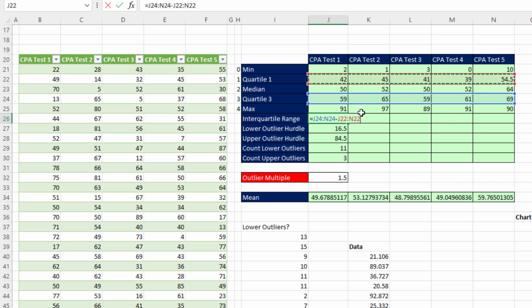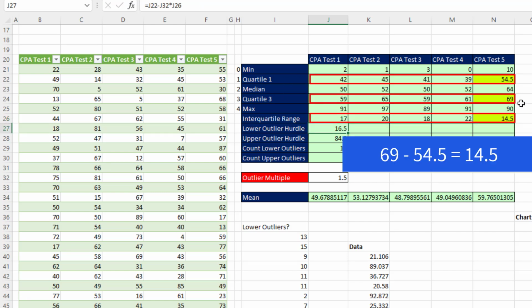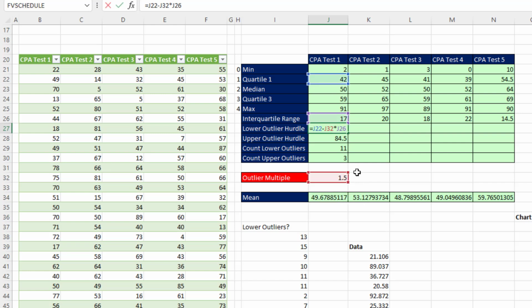Click and drag. And so now we have an array on both sides of a math operator. So it'll take the corresponding elements, subtract, and when I hit Enter, it spills the results. Over here, it took 69 minus 54.5, which is 14.5. Now here, I want to hit F2. You could copy this to the side, but you'd have to lock that J32 there. Instead, let's spill it. I'm going to double click the J22, select all the quartile 1s, double click J26, select